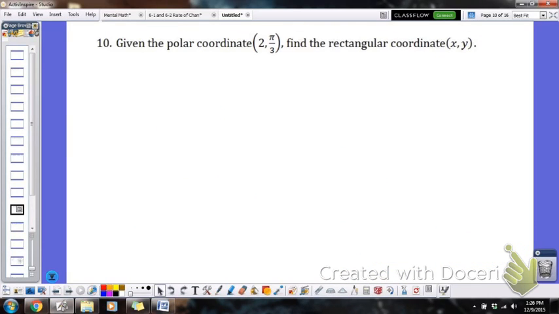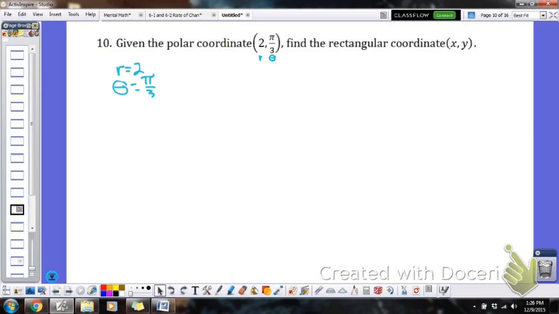Number 10, we're given a polar coordinate 2, pi over 3, and we have to find the rectangular coordinate, the x, y values. Remember that a polar coordinate is given to us with the radius and then the angle measurement. So the radius of this polar coordinate is 2, and the angle measurement theta is equal to pi over 3. And we need to convert this